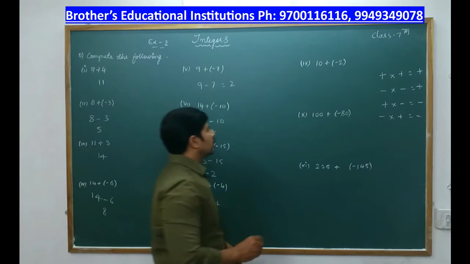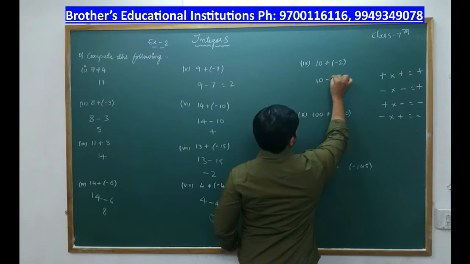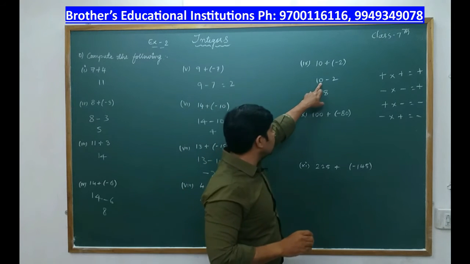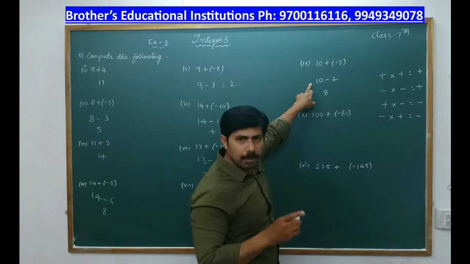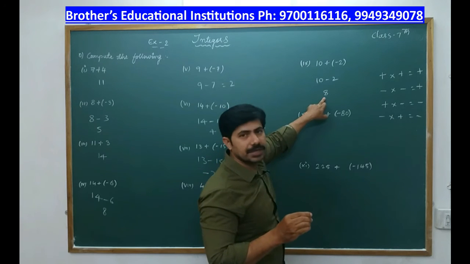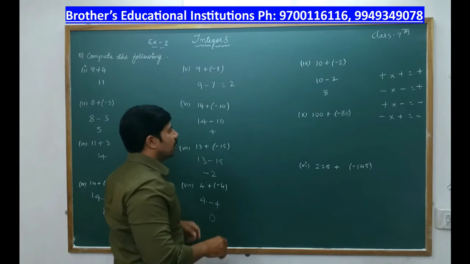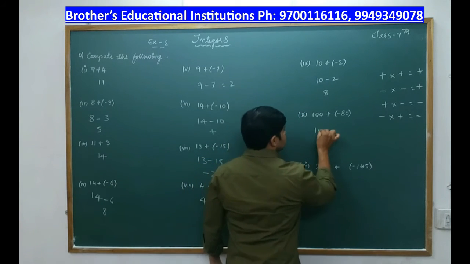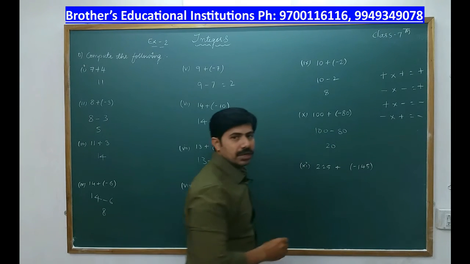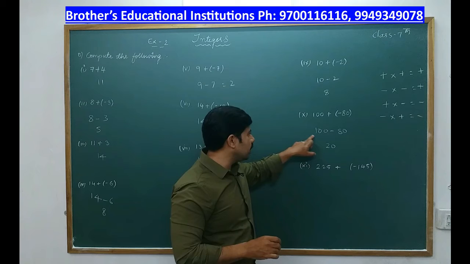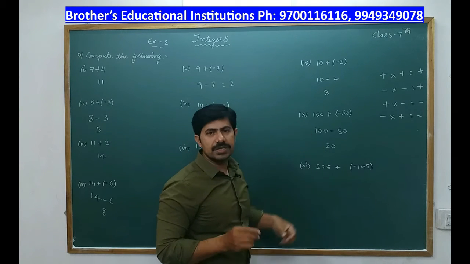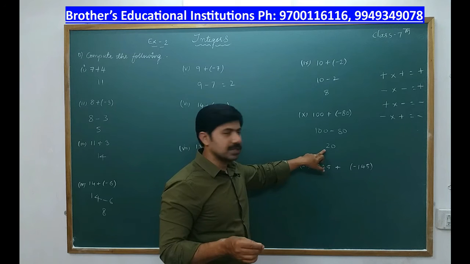Then after that, 10 plus into minus is minus. 10 minus 2 is 8. So here the bigger number is 10. It is having positive sign. No sign for 10. That means it is understood to be positive. So it is plus 8. Then after that, 100 plus into minus is minus. 100 minus 80 is 20. So here the bigger number is 100. It is having no sign. It is understood to be positive. No sign means we don't have any sign here. So it is understood to be plus. So it is plus 20.